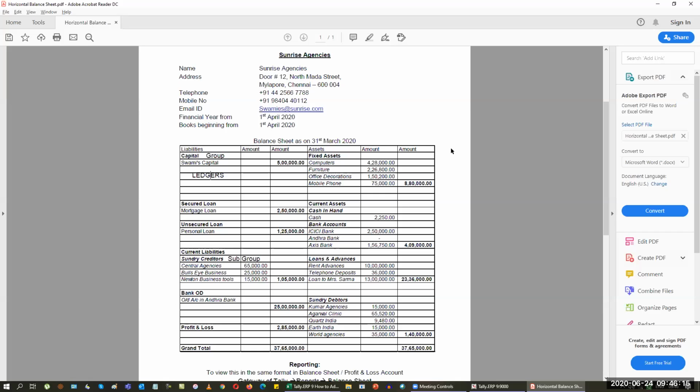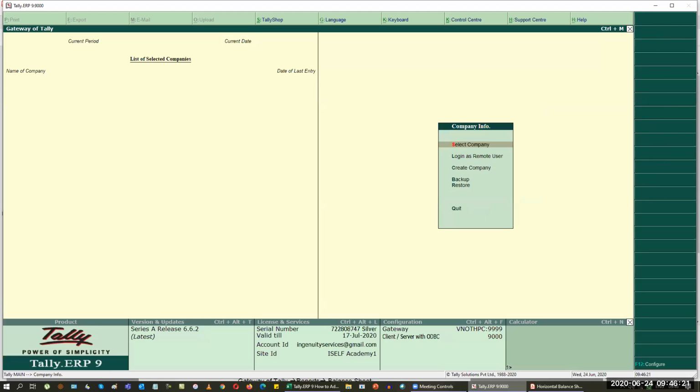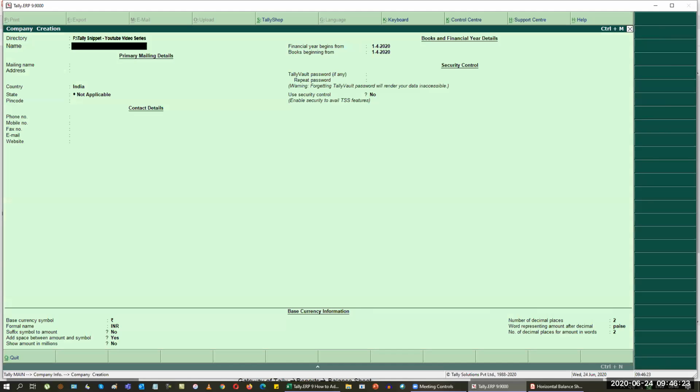So when I go for the balance sheet, I will go according to the Tally part, and I'm going to create a brand new company right now, called create company. And then I'm going to say Sunrise. This is the company that I want to feed the balance sheet and continue my books of accounting. So I'm going to feed the basic requirement. If you are able to do that at the moment, you can do it.